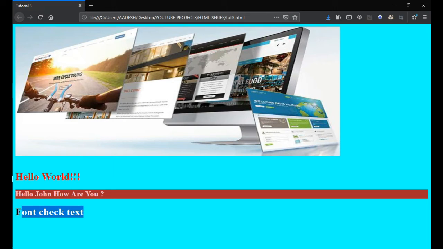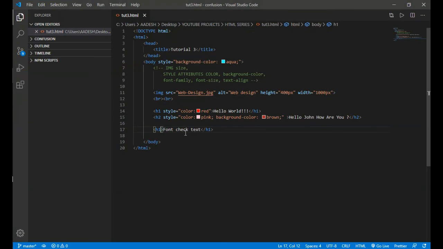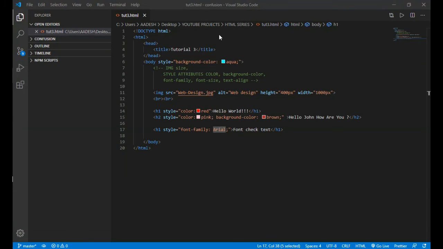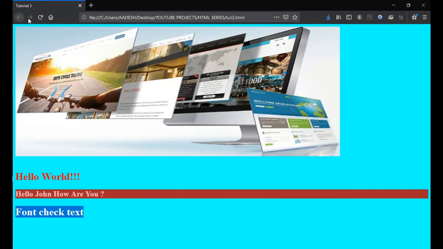This is the previous one, font check text, and then after adding the font family Arial, let's see how our text looks. Go back to the browser, hit the refresh button. Oh, sorry. Refresh. Yes, now here you can see the change in font.